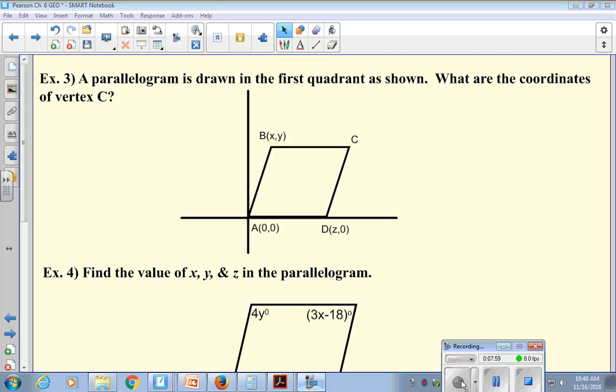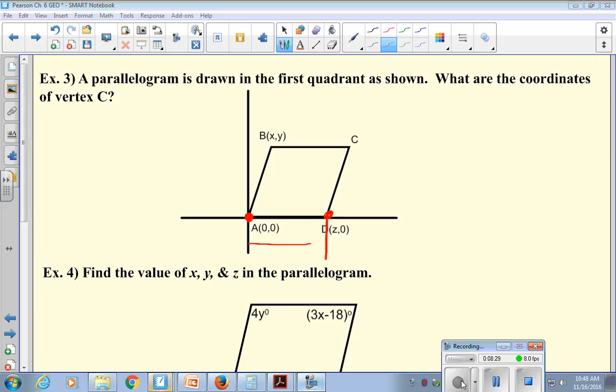So taking a look at example 3, we don't have numbers other than 0. So we have a parallelogram. The corner is at A, which is at 0, 0. The right-hand bottom corner is at D, which is at Z, comma 0. So we're going to have to rise above and think of